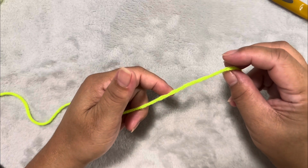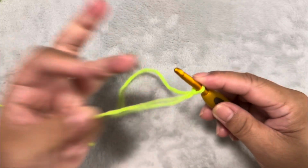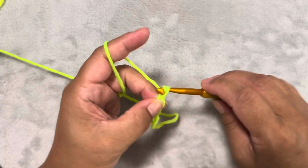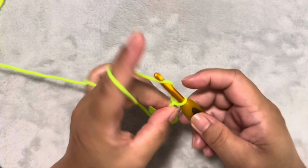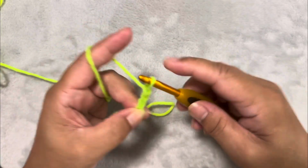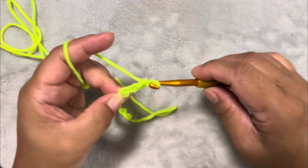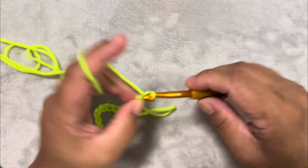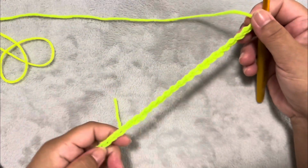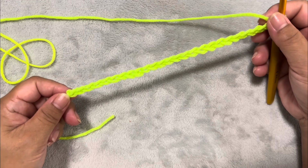We're going to make a chain of 25. 1, 2, 3, 4, 5, 6, 7, 8, 9, 10, 11, 12, 13, 14, 15, 16, 17, 18, 19, 20, 21, 22, 23, 24, 25. Now we have the 25 chains, and for the first row of the project we're only going to use the